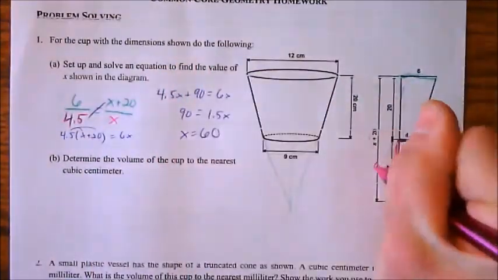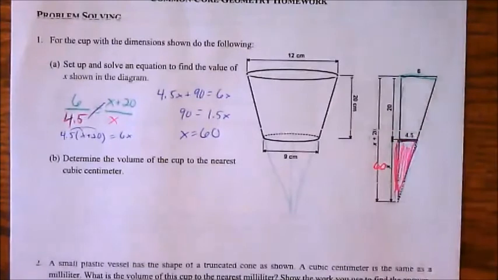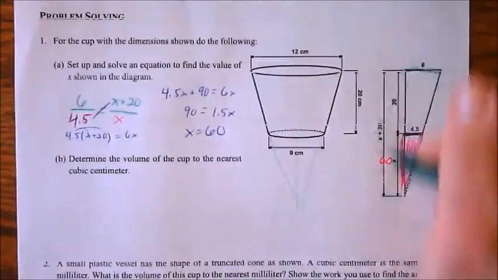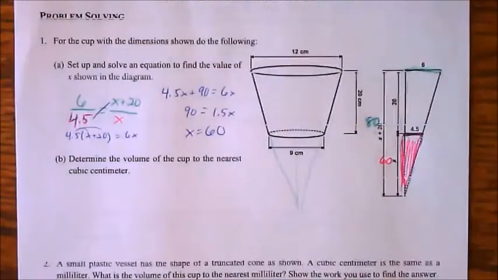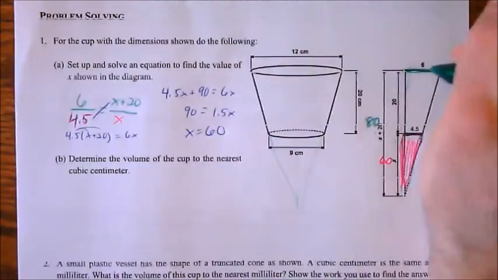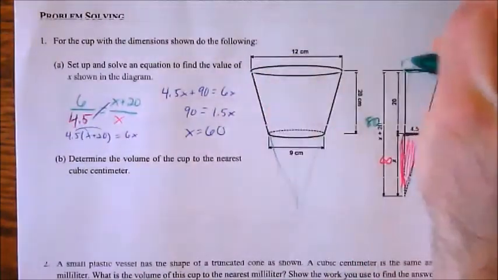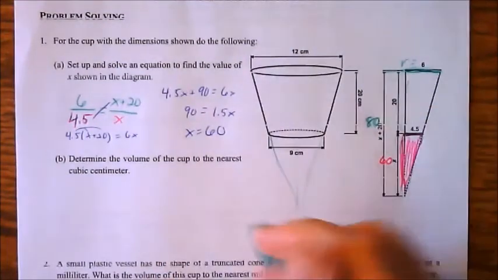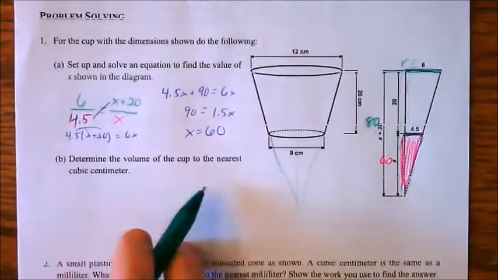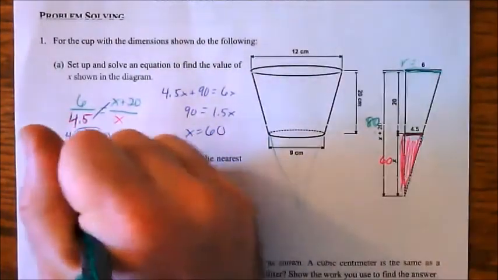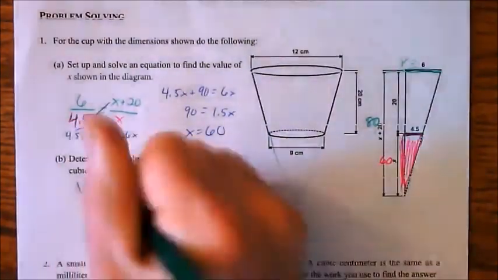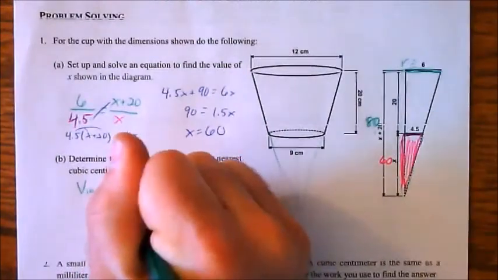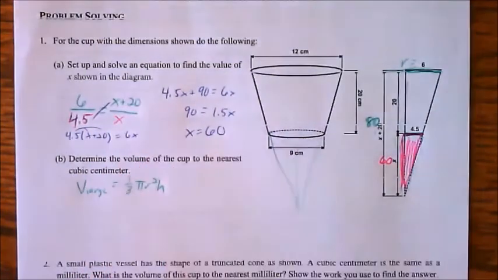Now I know it doesn't look to scale, we can't go by what it looks like, we gotta go by what the numbers are telling us. So that means that this entire height is 60 plus 20, which is 80. Okay, x plus 20. So right now we know that if it were a full cone, the radius at the base would be 6 and the height would be 80. So if we want to find the volume of the cup to the nearest cubic centimeter, we're going to take